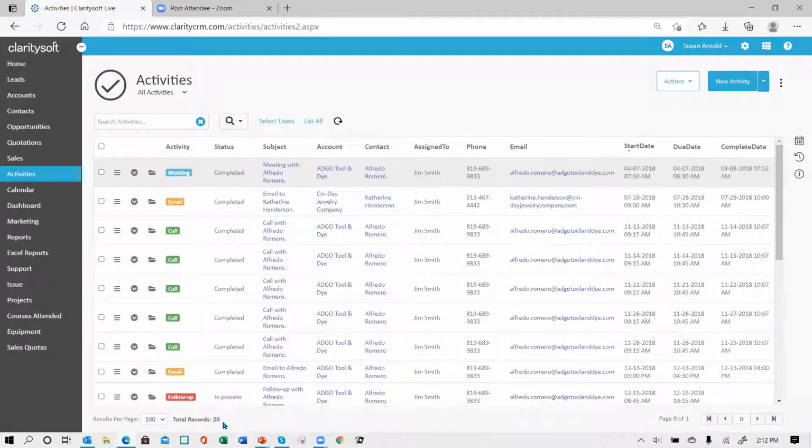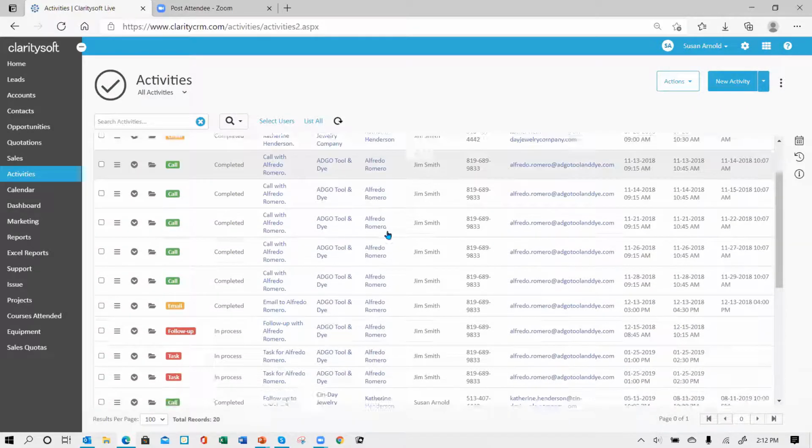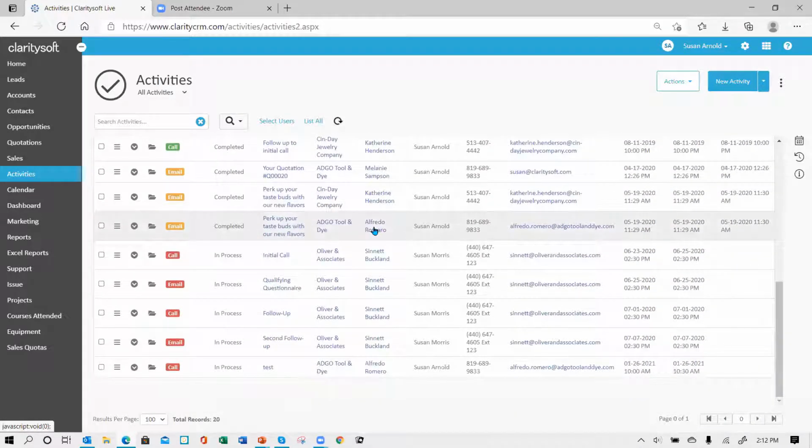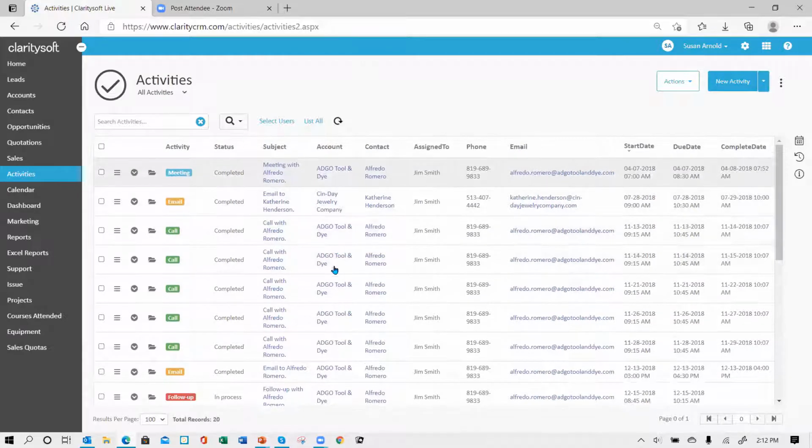So now I've got 20 different activities because those are owned by other people. Again, you would search for the records that are yours. But I just wanted you to see that if you do the view activities and you come here and you see, you know, 2 or 3 and you know you've done more, don't panic. You're just filtering. So go to all activities and then make sure which user or users is selected there